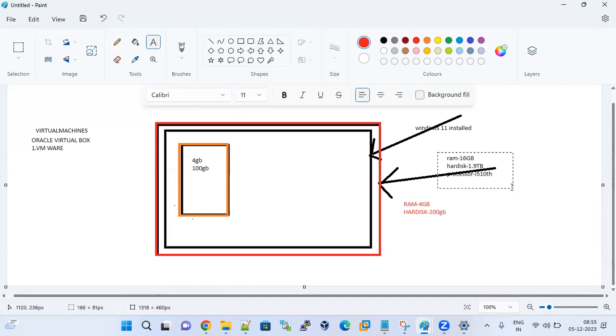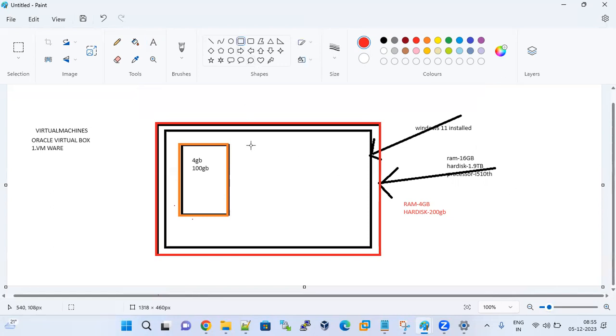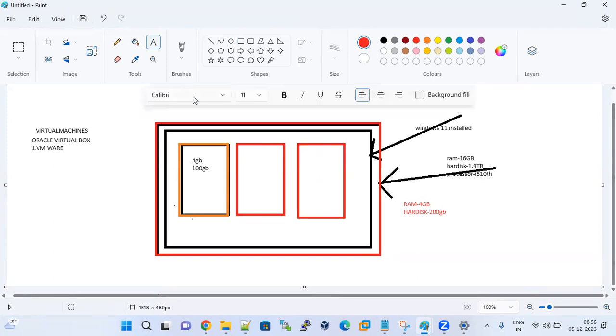If you give 4 GB to Windows OS, how much memory remains? 12 GB. That means I can create 3 virtual machines, 3 times 4. Yes or no? That's why if we have 16 GB RAM, I can create and start 3 virtual machines at a time. For each virtual machine, I can assign RAM of 4 GB and hard disk of 100 GB.